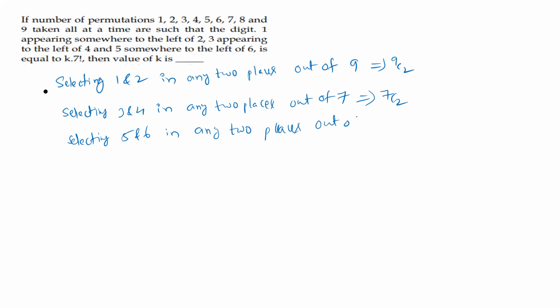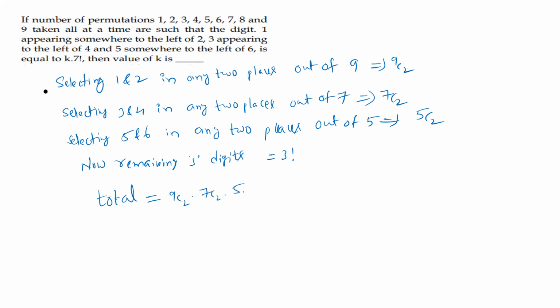out of. So now how many are available? 5 only. 5C2. 6 places are already occupied. Remaining how many numbers are left? 3. That's why now the remaining 3 numbers are arranged in 3 places. 3 digits in how many ways? 3 factorial. Now the required total number of ways is 9C2 into 7C2 into 5C2 into 3